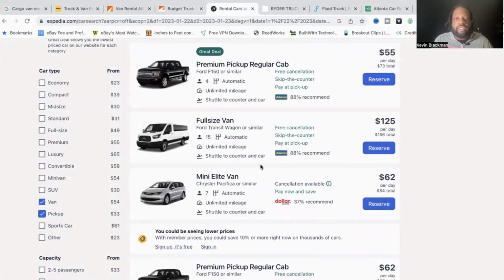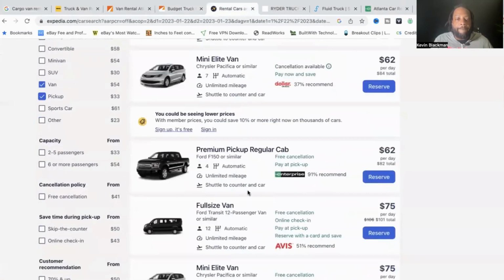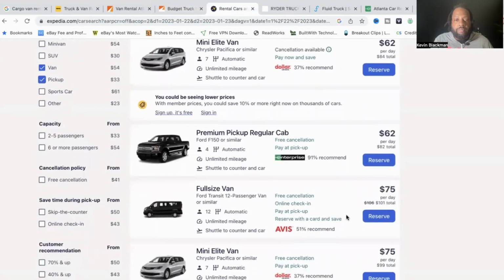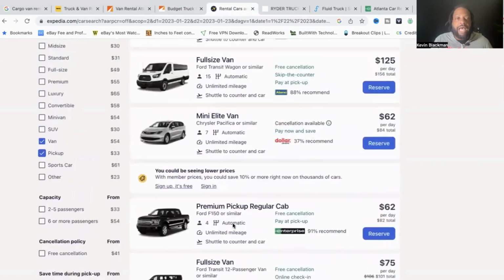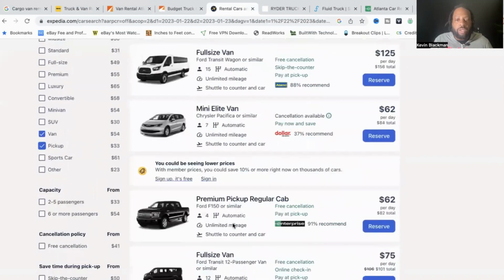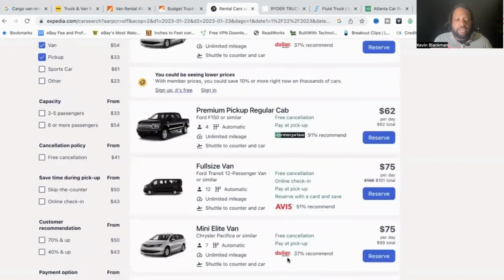So if you're in need of a van and they only have the full-size passenger vans, you can remove the seats and start using them to haul stuff. Here's one for $75 a day. I'm not sure if they have unlimited mileage. So here's one for $75 a day, unlimited mileage, going through Expedia, going through your local Enterprise or Avis car